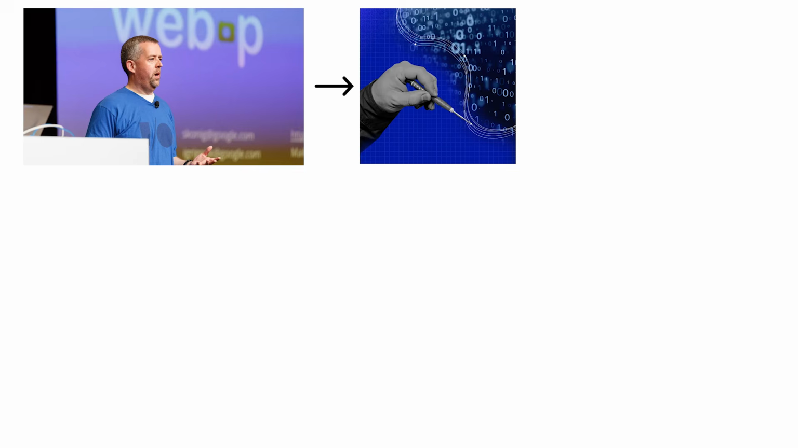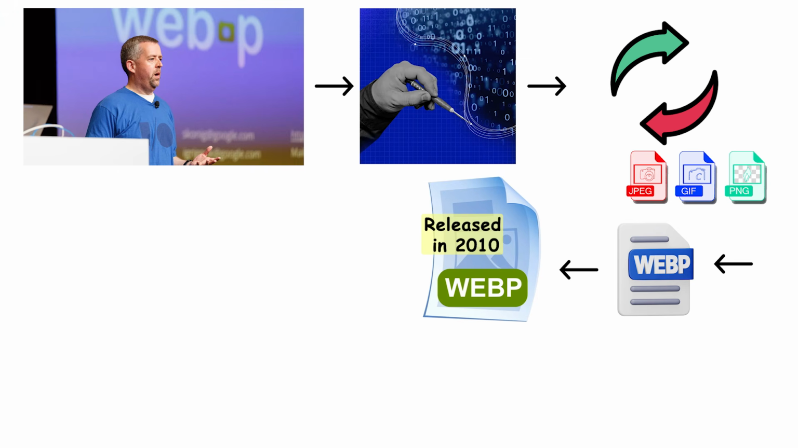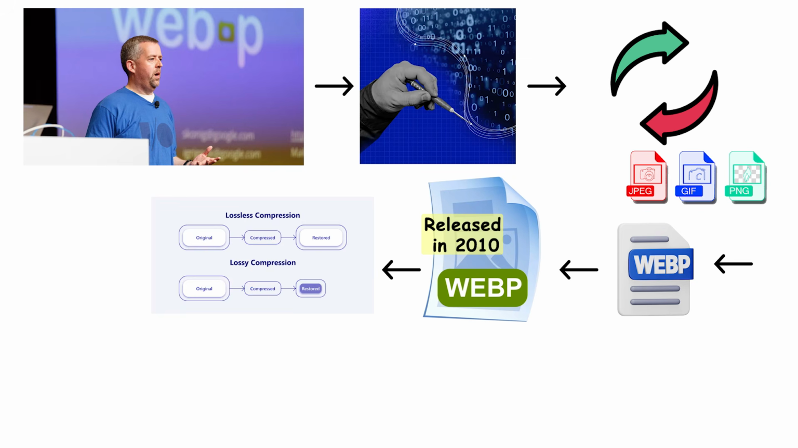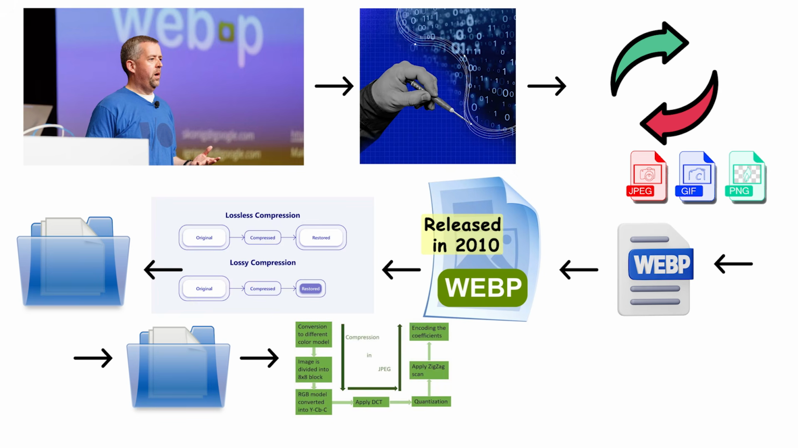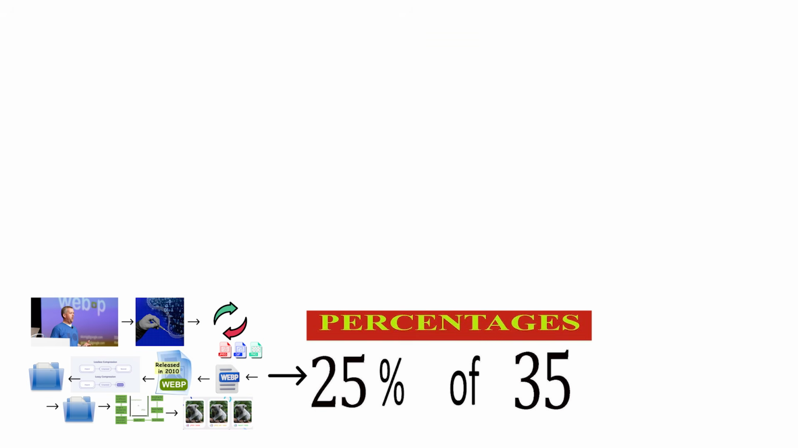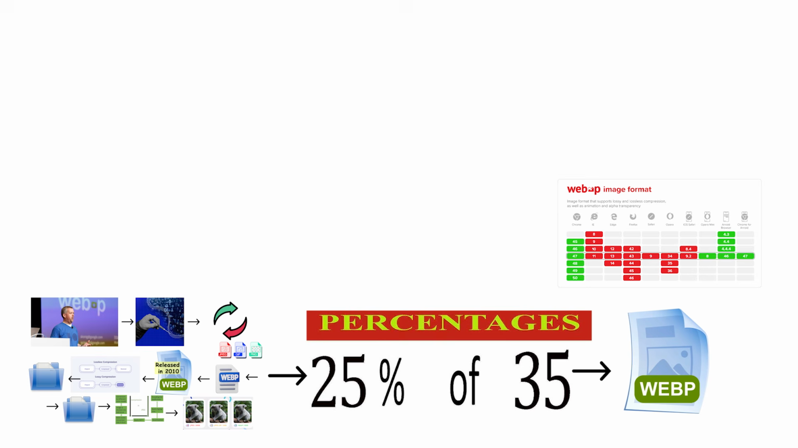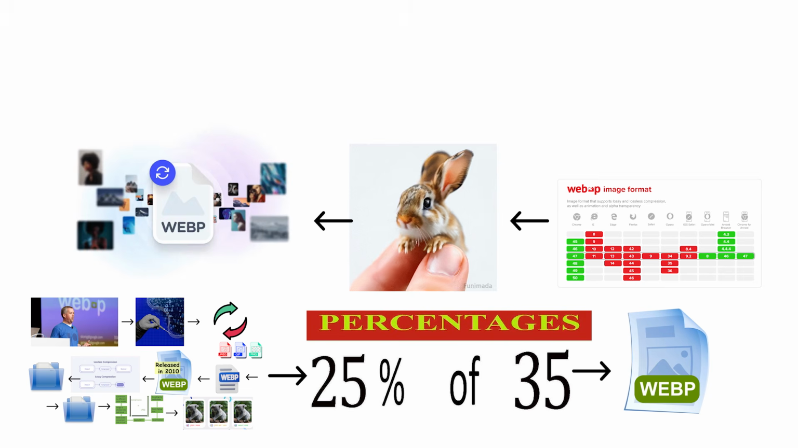WebP. WebP is Google's attempt to drag the web into the modern era by replacing JPEG, PNG, and GIF with a single format that does everything better. Released in 2010, WebP supports both lossy and lossless compression, meaning you can use it for photographs or graphics with transparency depending on your needs. The compression algorithms are more efficient than JPEG, producing smaller file sizes at equivalent quality levels, typically 25 to 35% smaller. WebP also supports alpha channel transparency like PNG, and can even handle animation like GIF, making it a legitimate